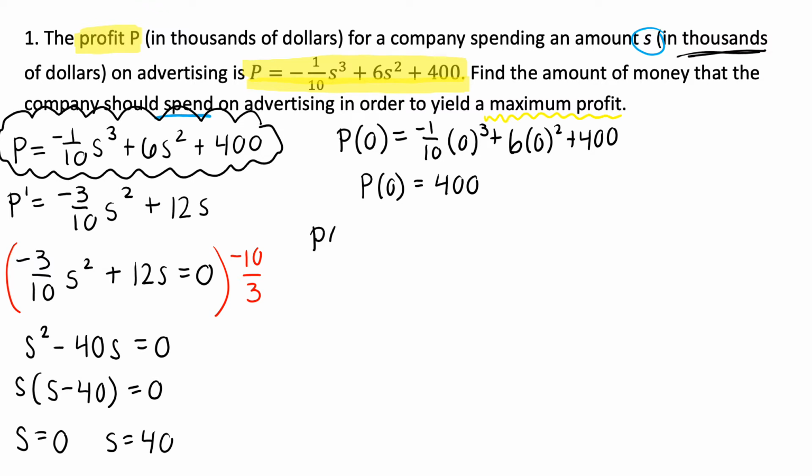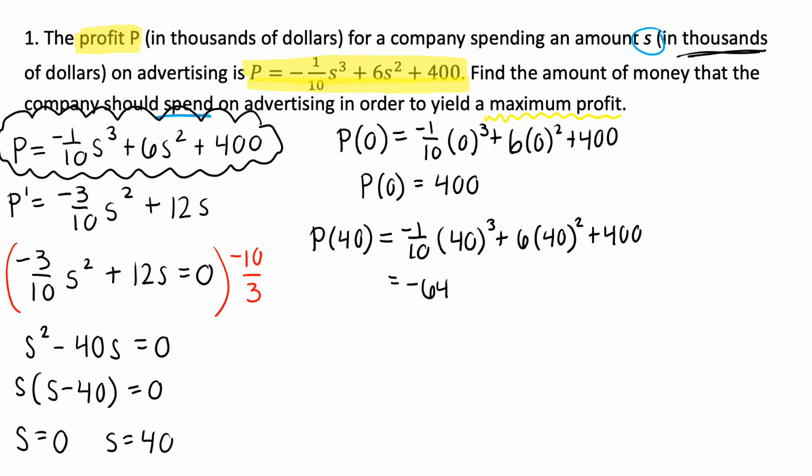If we look at 40, we get negative 1/10 times 40 cubed plus 6 times 40 squared plus 400. And just being careful as we go through, 40 cubed times negative 1/10 should give me negative 6,400. Plus 40 squared times 6 should give me 9,600. Plus 400. So P of 40 gives me